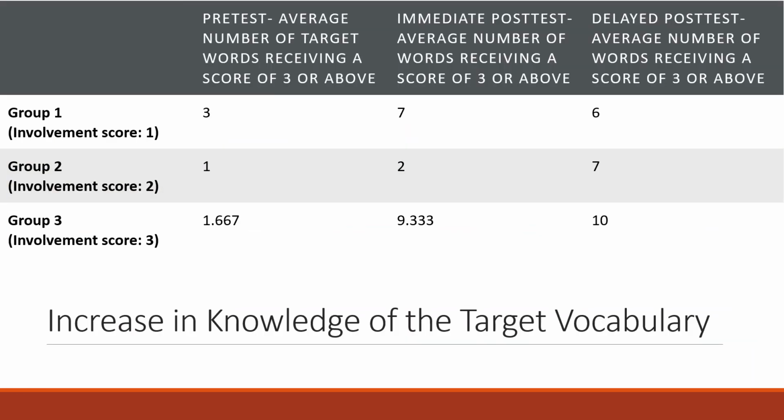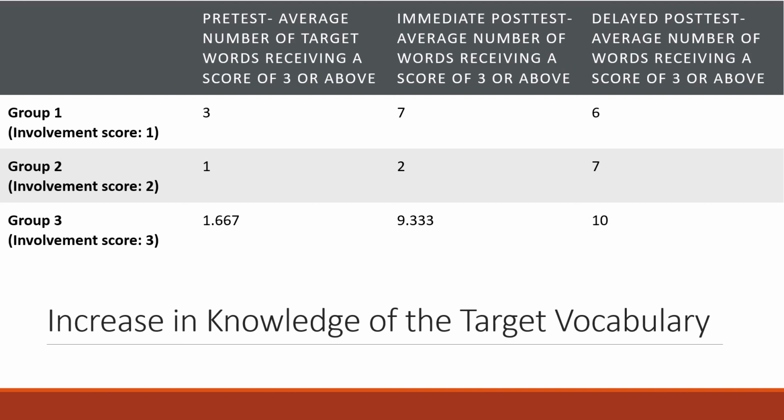If you recall, on the VKS test, a score of 3 indicates that students could provide a correct definition of the word. So this chart summarizes the increase in the number of words that got at least a 3 or above. So for group 1 on the pretest, only 3 of the target words got 3 or above. But then on the immediate post-test, 7 words got 3 or above, and on the delayed post-test, 6 words got 3 or above. For group 2, on the pretest, only 1 word got 3 or above. On the immediate post-test, 2 words got 3 or above, and on the delayed post-test, 7 words got 3 or